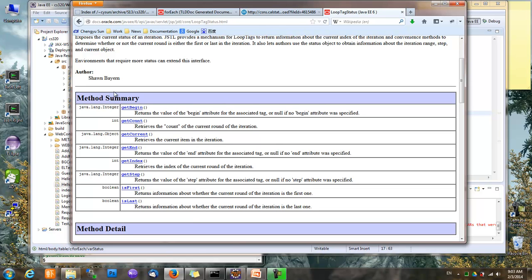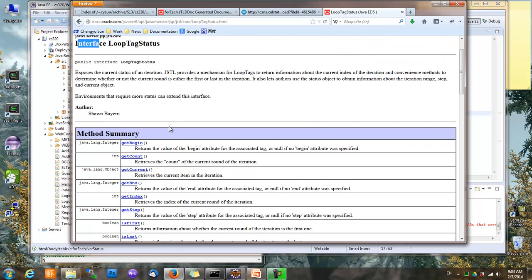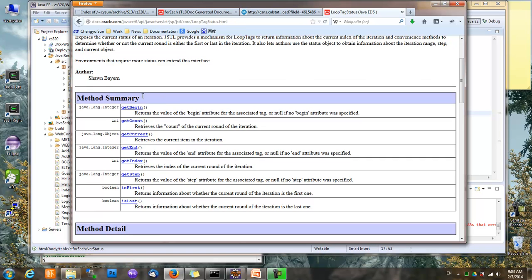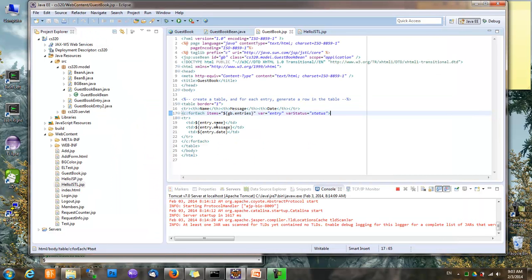So just like using any other implicit objects in expression language, we look up the API documentation of that object type, we find the getters, and then we know how to use this. For example, if we want to show the index of each row or each entry, all we need to do is add